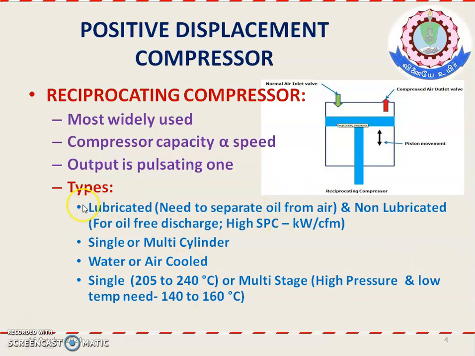And types, based on the lubrication: lubricated, where you need to separate oil from the air. So in the oil lubrication system, you need to separate the oil circulation system apart from the air systems. Non-lubricated and high specific compressor kilowatt per